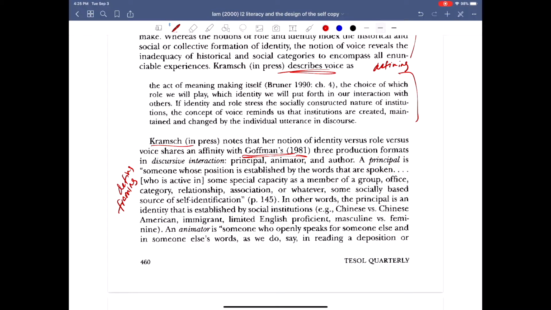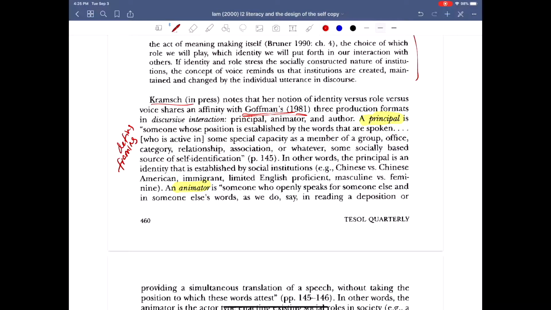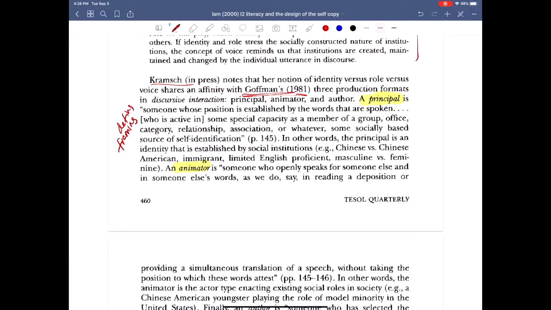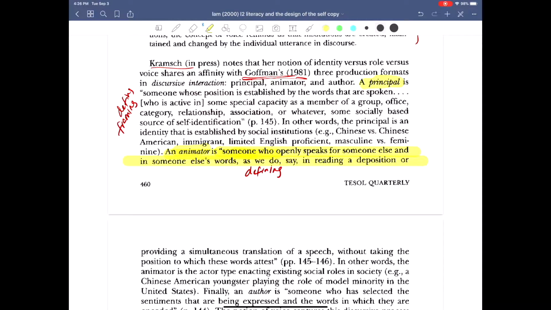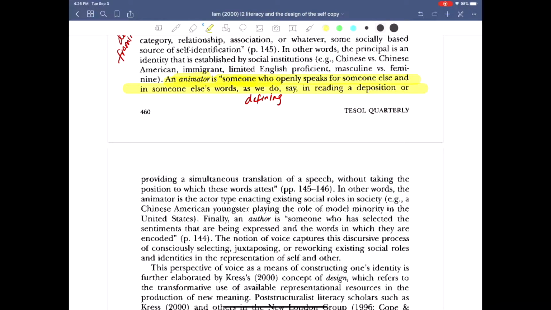She's also trying to define different ways that Goffman uses it. So it's Kramsch defining Goffman. So it's Lamb defining Goffman through Kramsch. So again, this is more defining. Definitely, this part. Like I said before, I'm going through this really broadly because I'm going through the whole section, and I don't want this video to end up being too long that you won't look at it. So I'm not going as deeply, I just wanted to capture the key things.